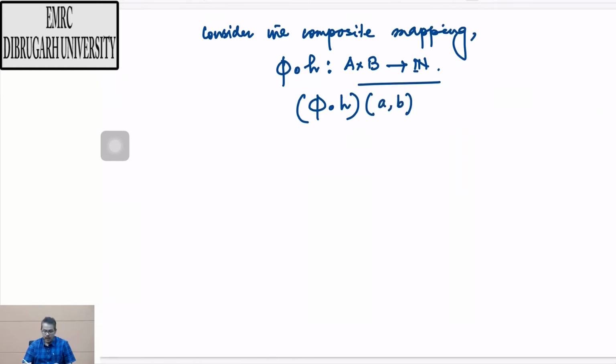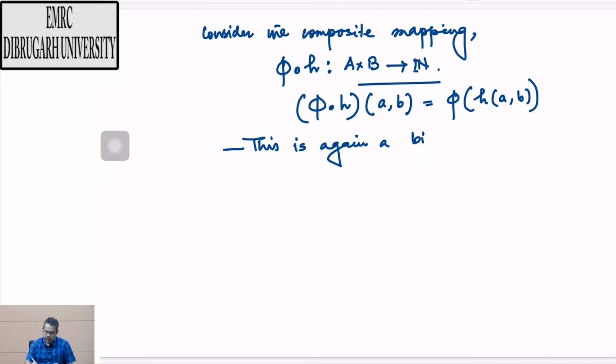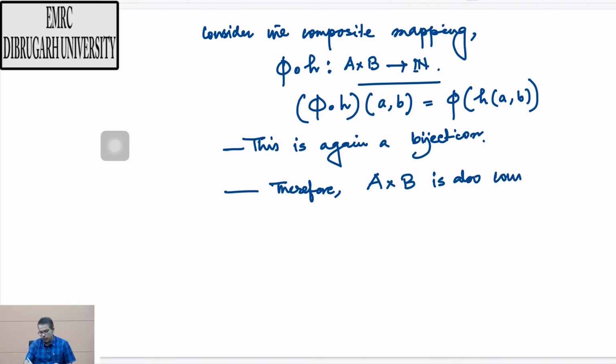Here a is a member of A and b is a member of capital B. This is again a bijection, being the composition of two bijective mappings, and therefore A cross B is also countable. Note that